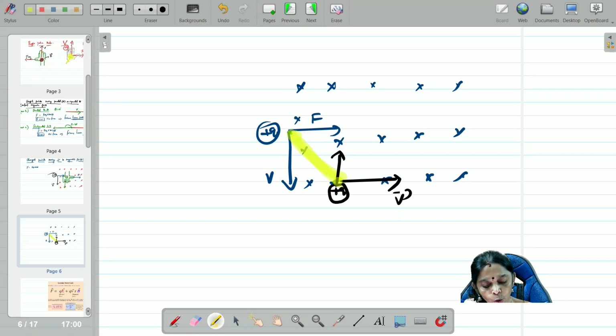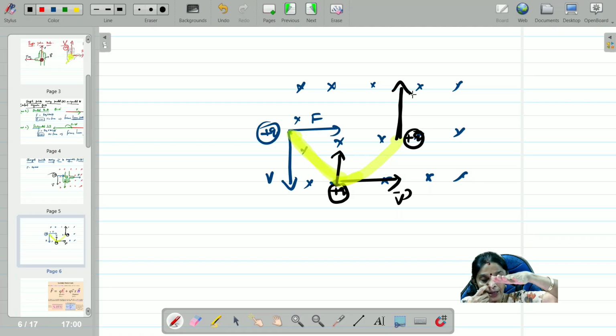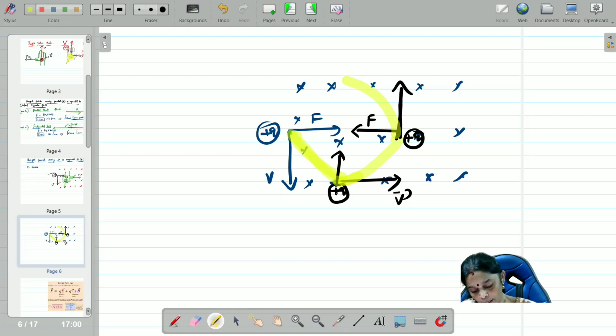Again, what happened? Neither of the two directions it moves. Rather, it moves along its diagonal. I wanted to find out the direction of the velocity of the positively charged particle by drawing a tangent. So the magnetic field is acting downwards, velocity is towards the positive y-axis. Therefore the force is towards the left. Neither of the two directions it moves. In this case the velocity is in this direction. Therefore the force will be acting downwards.